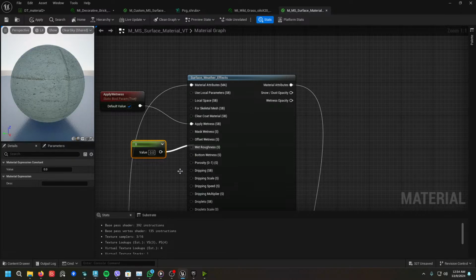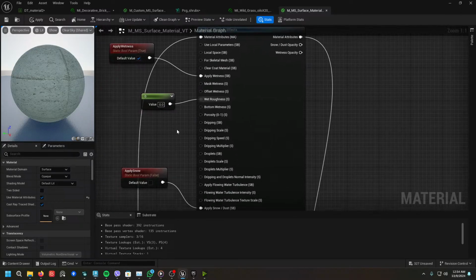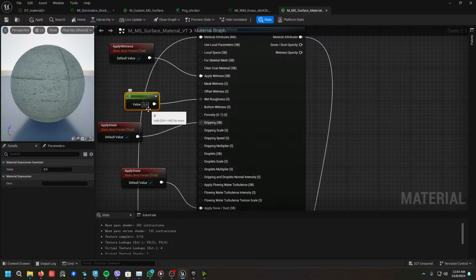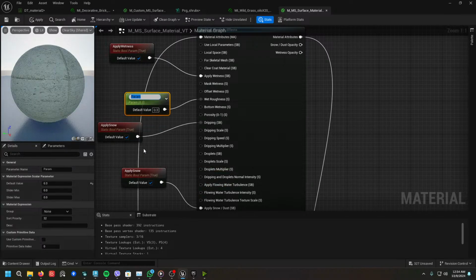You can expose a lot of parameters, like dripping scale. Maybe dripping for some surfaces can drip vertically. So this one wetness maybe 0.3 or something up to you, and you can convert it to a material parameter